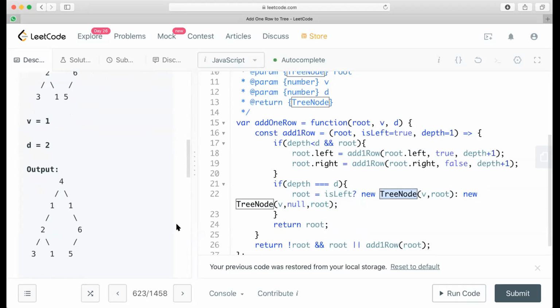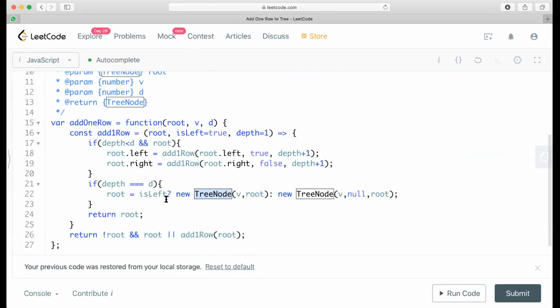That's all, and there is no recursion below that. So as you see, I have taken care of less than D and equal to D, but there is no greater than D, because I'm not recursing. I just return from there with the existing one. Yeah, that makes sense.